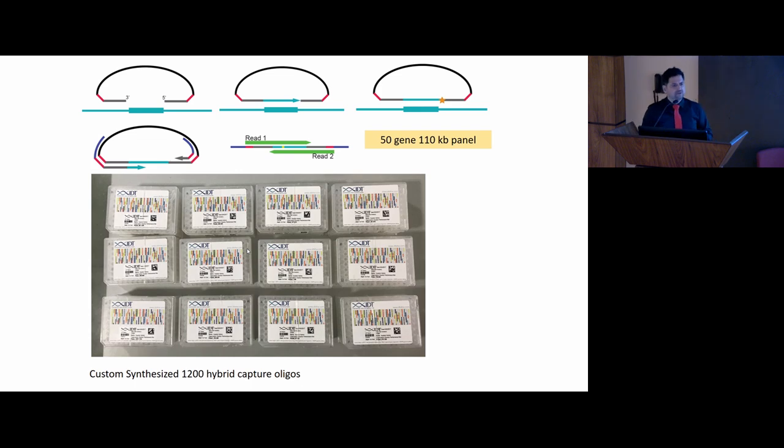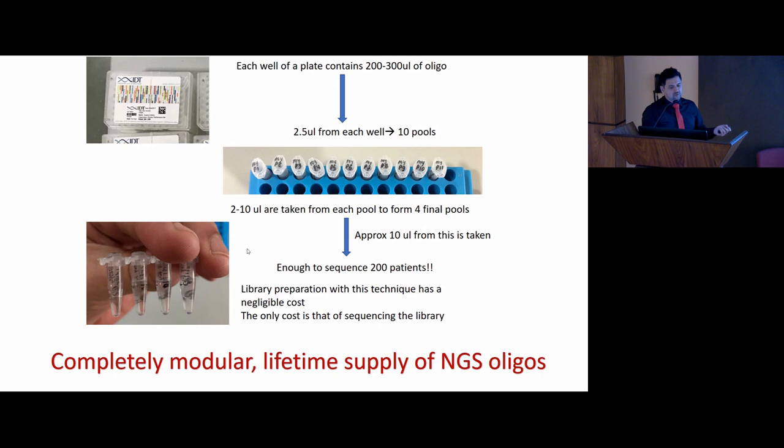So we get this whole 1200 capture oligos of MIPs. Each contains 300 or 400 microliters of one oligo. All right. So what you do is you take from this just 2.5 microliters, pool it into 10 pools. From this you take 2 to 4 microliters to form 4 pools, and just take 10 microliters, which is enough